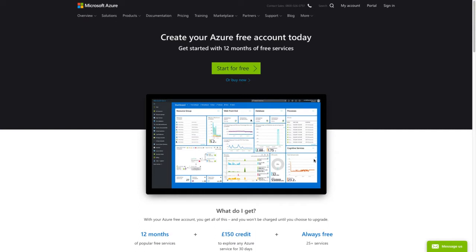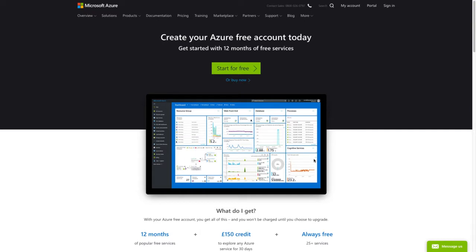So first of all, in order to log in into Azure portal, you need to register. And if you are registering for the first time, you will get 12 months of popular free services. And also depending on the country where you are in, you will get some amount of free credit that needs to be consumed within 30 days. So make sure you are completely ready to trial all the services before you register for Azure, because that credit is only available for 30 days.